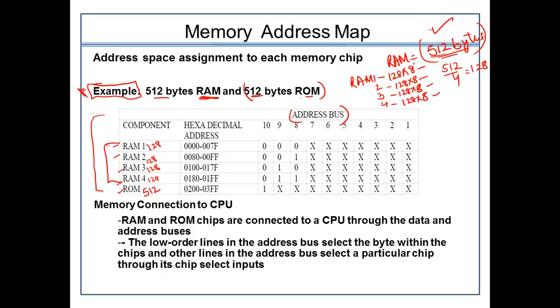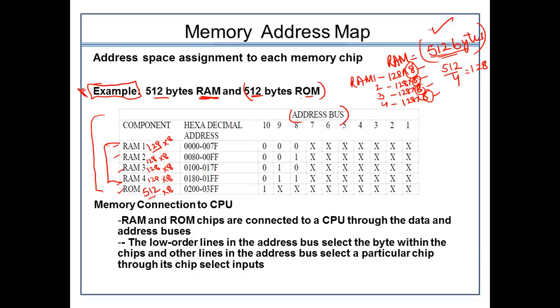So 8 is nothing but the size of the word that these are going to take. That is why it is 128 cross 8. It is a very simple specification that we have taken just to demonstrate the idea. So what does it mean by 128 and 1 by 512?